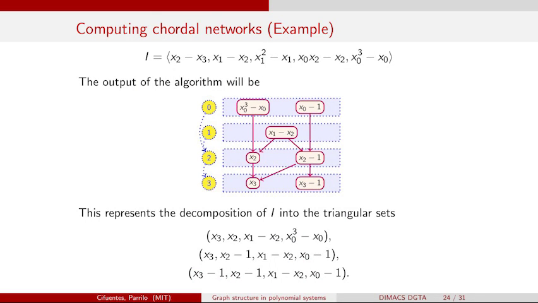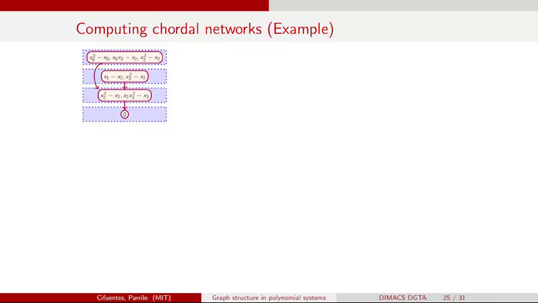Let me again, perhaps, show pictures. But the idea is that when you start with the polynomial system, there's going to be an iterative process, very much like the chordal elimination that I described before, that's going to take my system, do some operations on it, and produce a chordal network at the end. So if you want to see pictures, it may look like this.